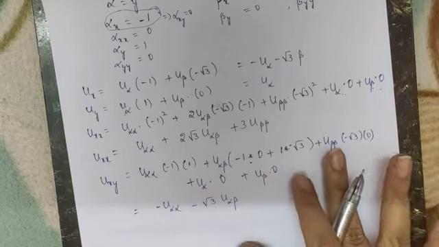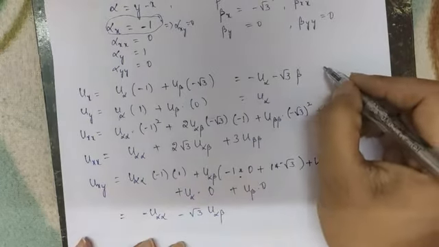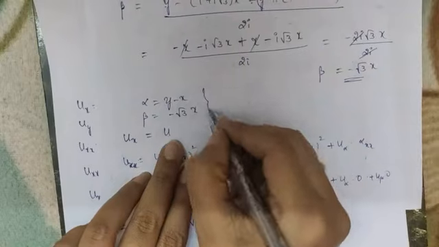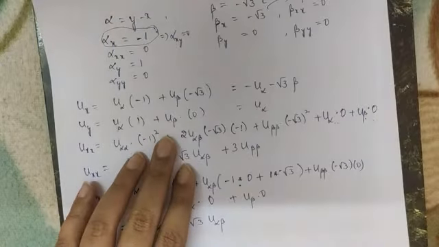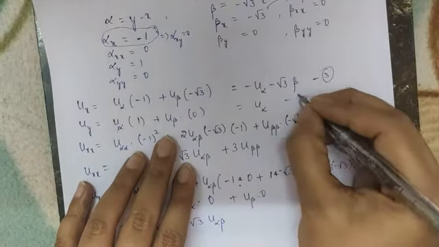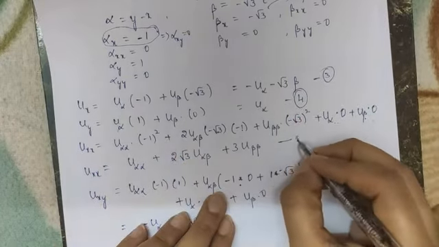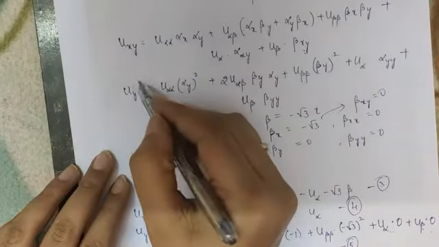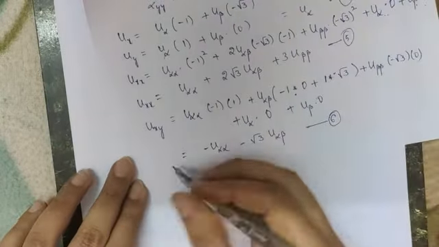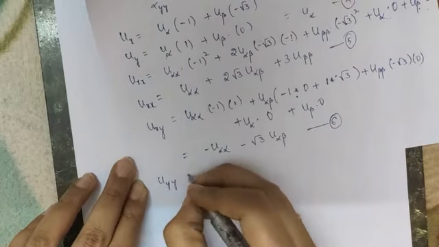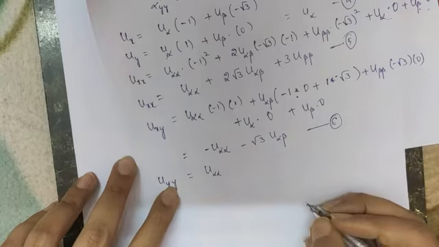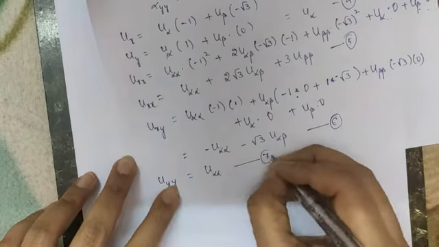Right? So give equation numbers to all of this. The given partial differential equation will be your equation number 1. And this transformation I will consider as equation number 2. This is 3, 4, 5, 6. I have to find out uyy now, right? So if you use the same procedure, you will get uyy as u alpha alpha. Call this as equation number 7.